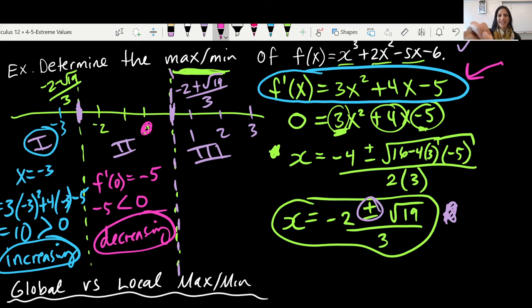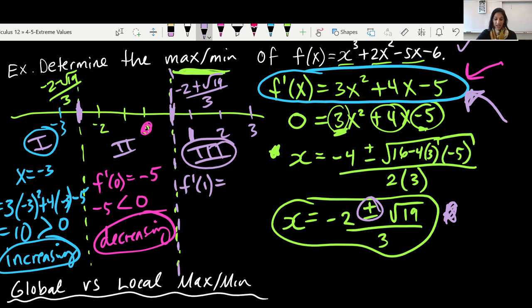Okay, so hopefully you're getting the hang of what I'm doing here and why I'm doing this. And in the third one here, let's say I want to pick 1 just because it's easier to work with. The goal is, I can pick whatever number I want in each region. I like to pick the easiest one. So again, I'm going to do f prime of 1. In my formula here, I'm simply going to plug in 1. And when I do that, I get that it's equal to 2. And I know that 2 is greater than 0. So I know that this is increasing